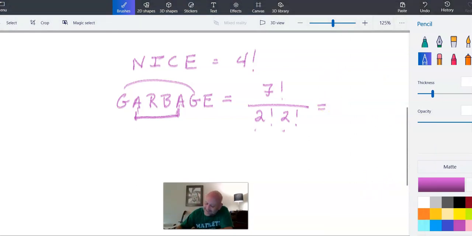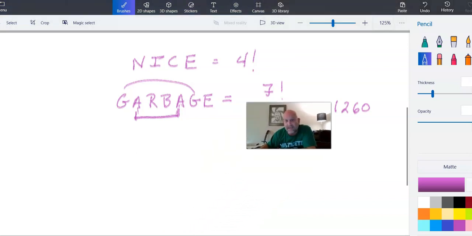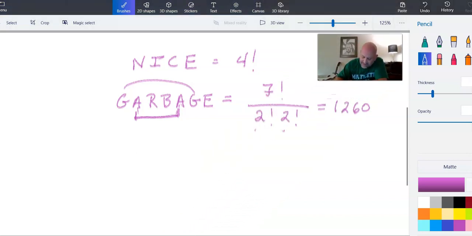Okay, what I get is that there are 1,260 different ways to arrange these letters. Now, if you have letters that show up more than twice, if it shows up 3 times, then you would divide by a 3 factorial. If the letter shows up 5 times, you divide by 5 factorial. And so the classic example really is to take the letters in